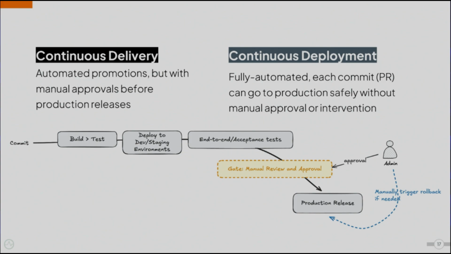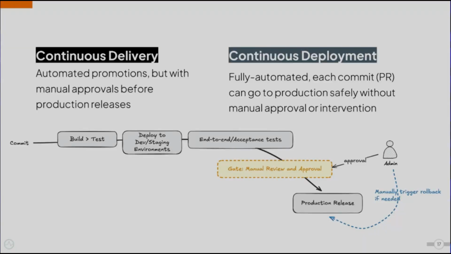So with delivery, your pipeline looks like this. You build, you test, you deploy to some kind of staging environment, you run your acceptance tests. Again, I've only put one box here, but it could be a whole stack of tests that you run against it. And then you come to a manual approval gate. That's where some actual human has to get involved, see what the changes are, and make a decision as to whether you're going to go ahead with the production release or not. And most of the time, once you go ahead with the production release, they also have to observe for a little bit and make sure nothing is broken and that they don't have to roll back.